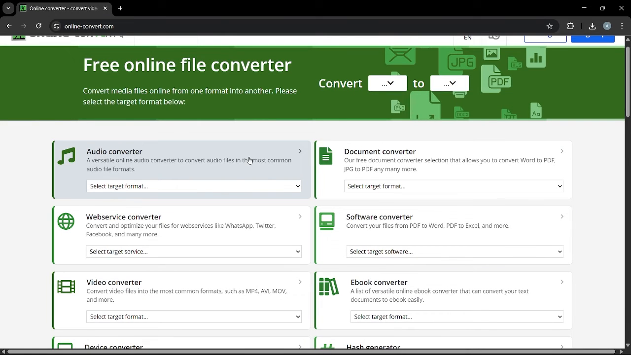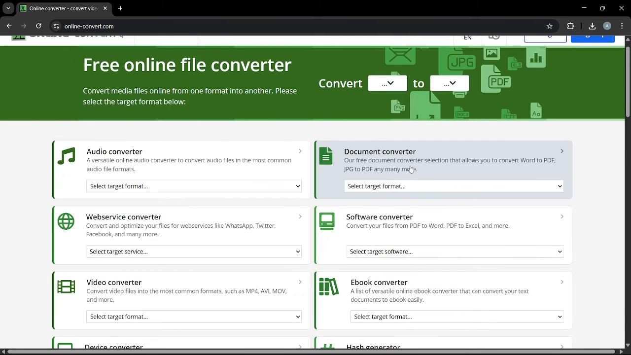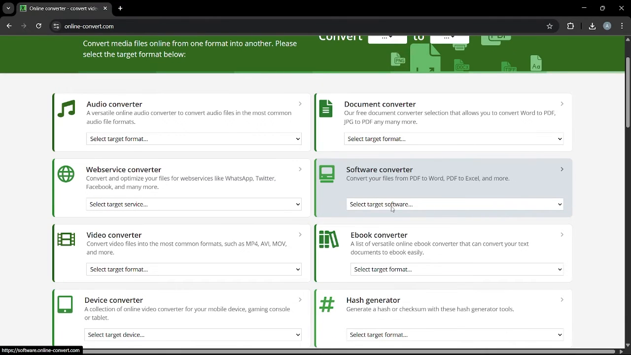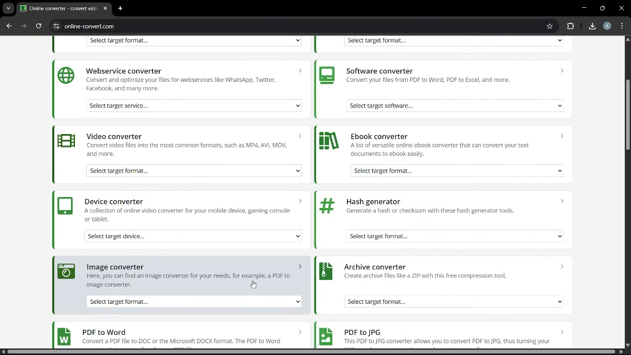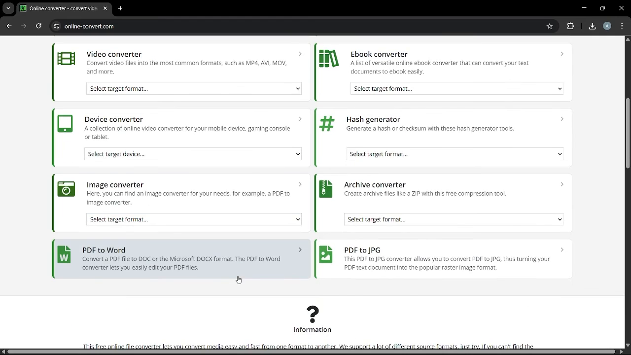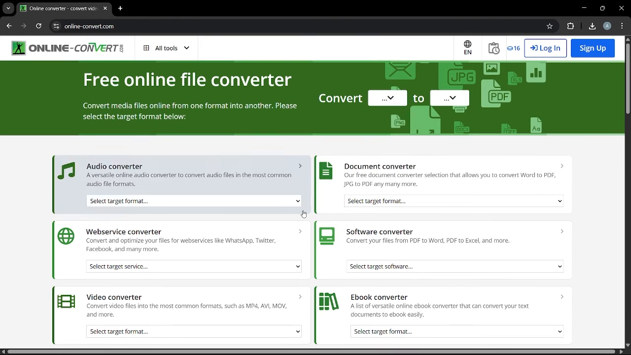You can see they have the audio converter, the documents converter, software converter, and even the video converters, hash generators, and image converters as well. Now you can use this to convert any file format to any file format you want